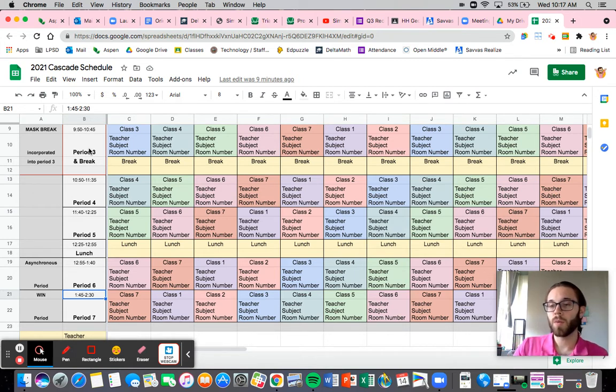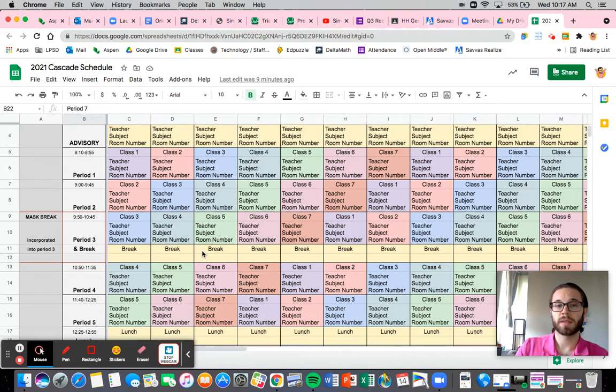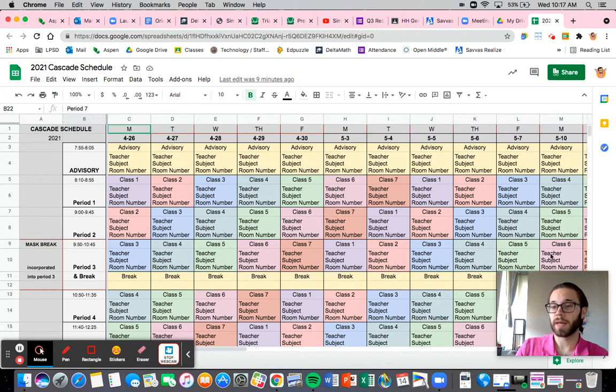All right, so what you will be doing with this spreadsheet is pretty simple. If you try and edit any of these other cells over here in the spreadsheet, it will not allow you to. They are locked. And that is because we did not want you to accidentally type something in wrong or change something in the schedule by accident, not realize it, and then have everything go completely wrong and have to redo everything.